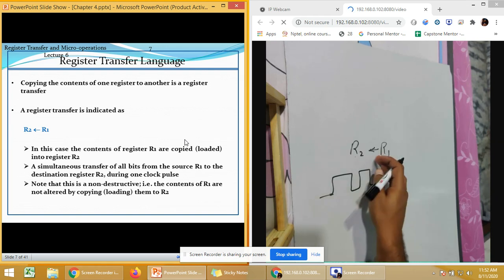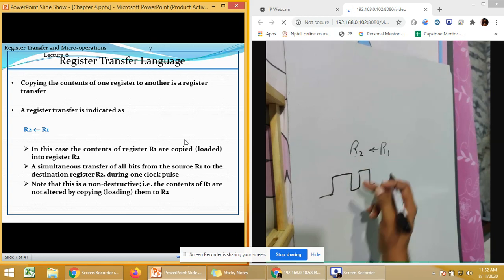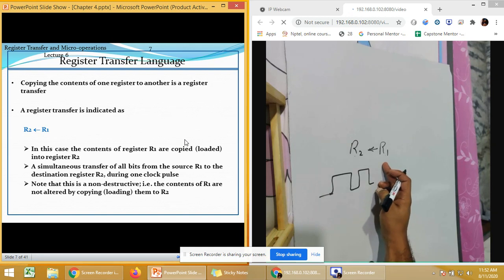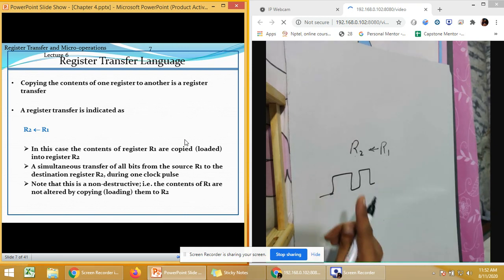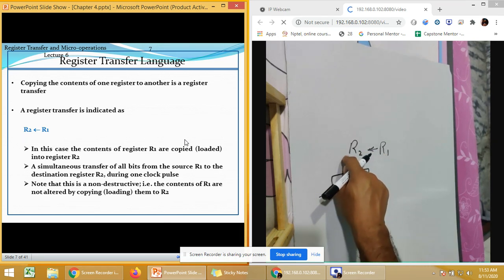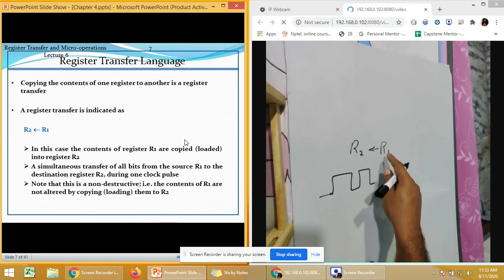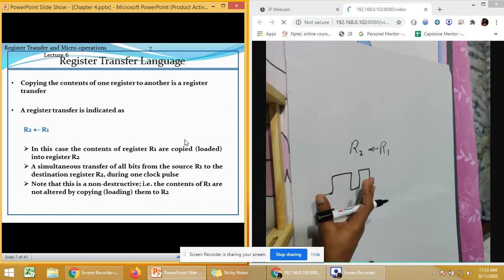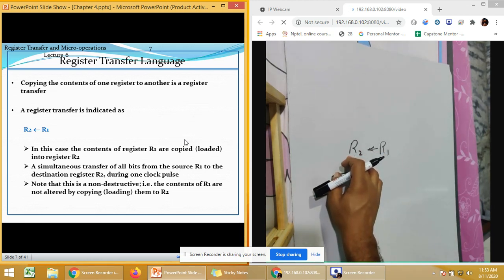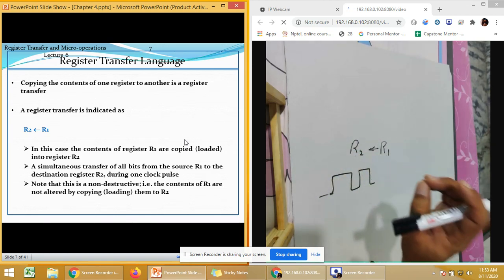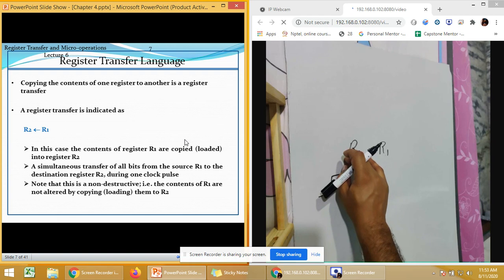So from this we can assume that every time there is a positive clock cycle, this transfer will happen. It is similar to what we did with our normal register when we were creating it, that it is only able to store the data at a single clock cycle. So in every clock cycle, this transfer will happen. But we don't always want the transfer to happen with every clock cycle. So we need a controlling signal which will control when this data has to be transferred. We can't transfer it blindly every time. We need a particular time at which we are going to perform this.